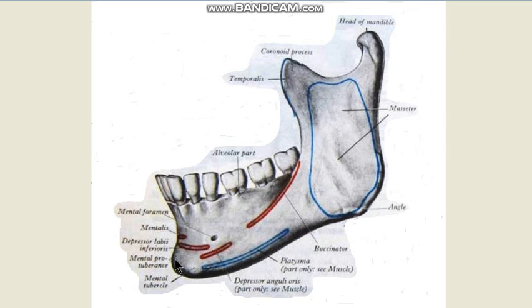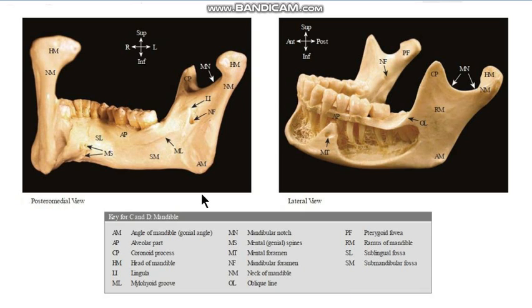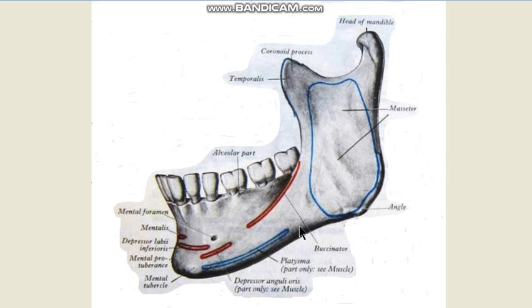central part over here is quite prominent, and this prominence is called the mental protuberance. So the prominence of the chin in the middle is the mental protuberance, and it is actually a broad triangular area. The base of the triangle on either side has small elevations which are called mental tubercles. So you have mental protuberance and mental tubercles. Now if you look at it from here, although this has been dug out, you have the mental protuberance and mental tubercles forming a triangular patch here near the midline.